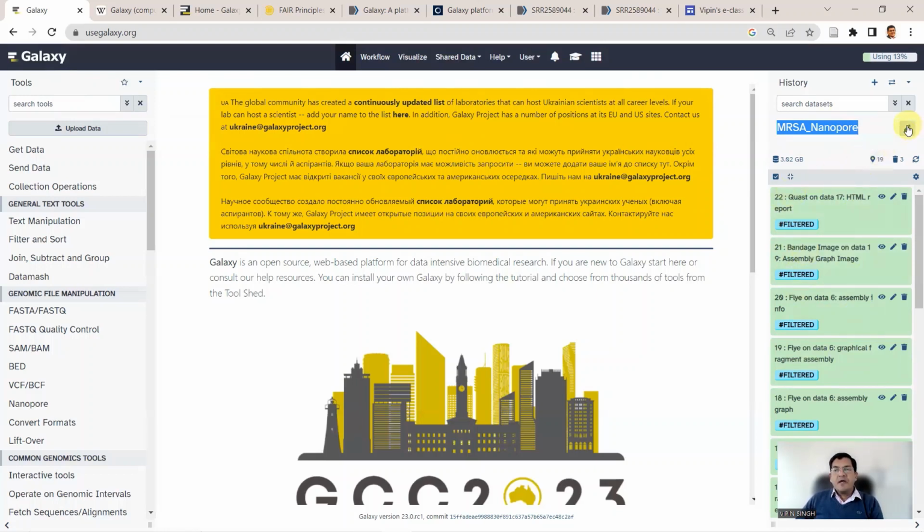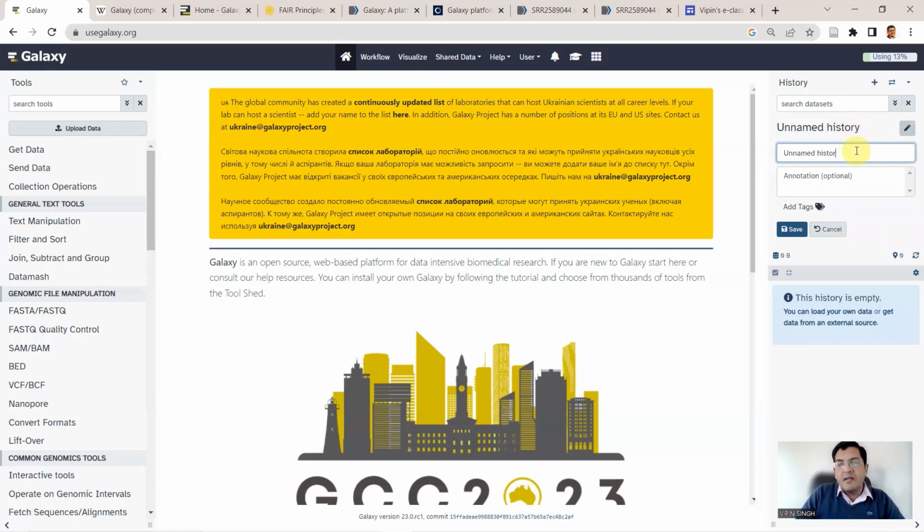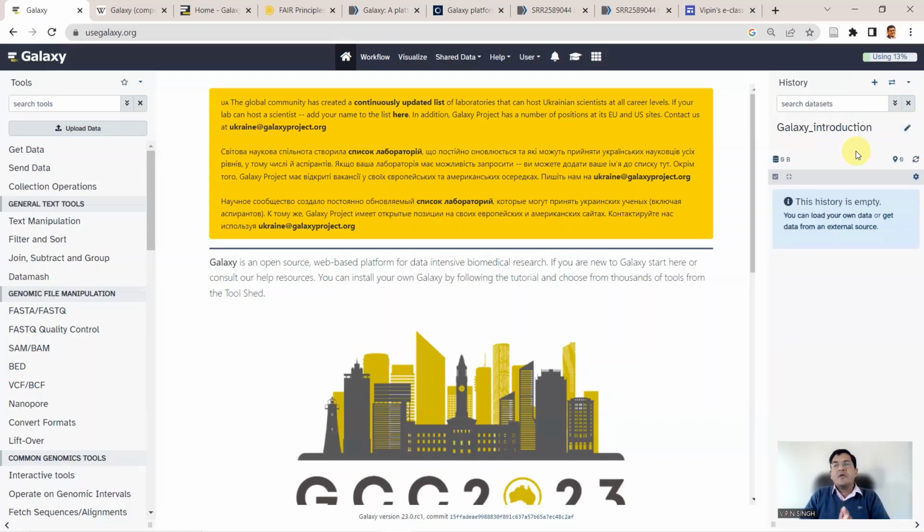So let's start with a fresh exercise. So here we are, we can go to create a new history. So you say plus, and you create a new history. So this time you can name this history. So let's say we name it galaxy underscore introduction. Right? And you press enter. Right. So this is now my fresh project, and this is called Galaxy underscore introduction, where I'm trying to introduce